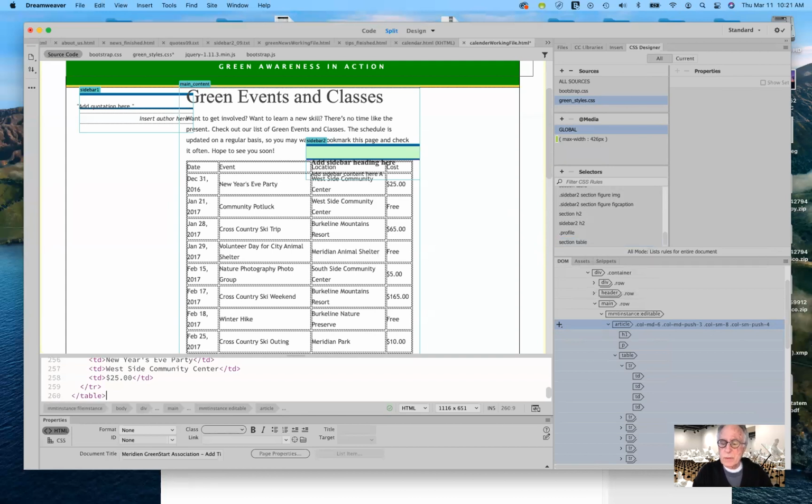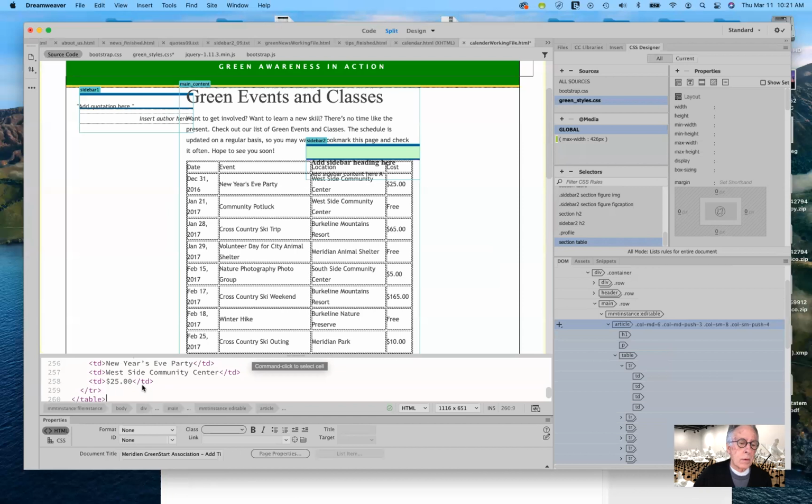Told you I might forget something while I'm talking to you. This needs to be wrapped in a table. I'm in a table. The table needs to have a section tag wrapped around it. Now I can either do that by hand, as we've done before,